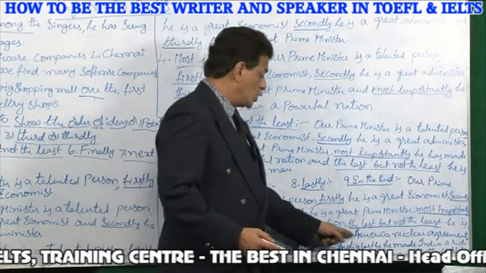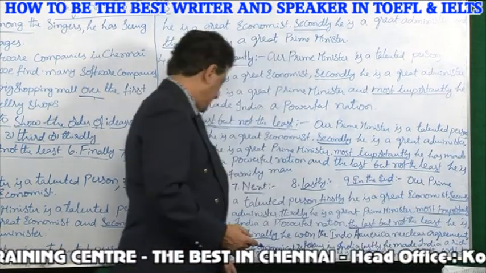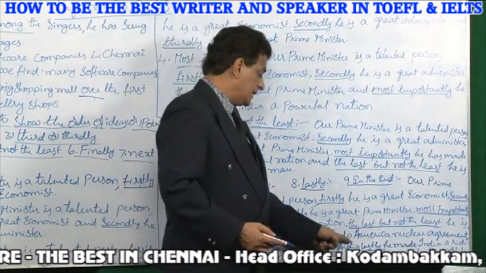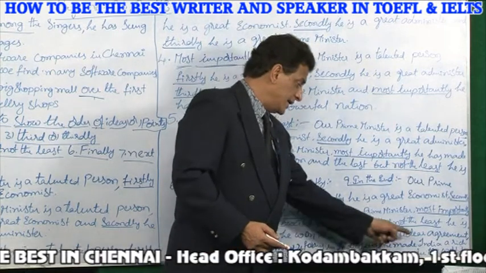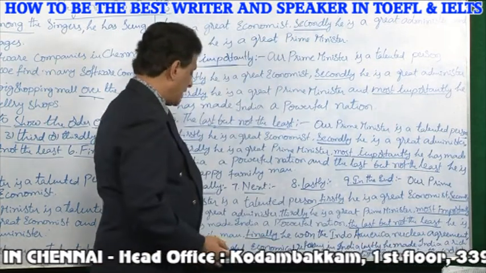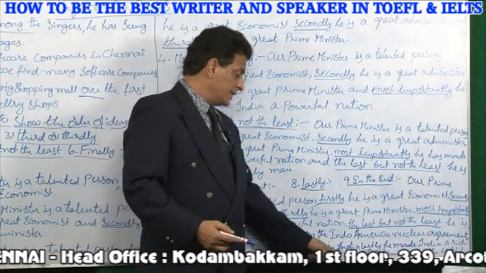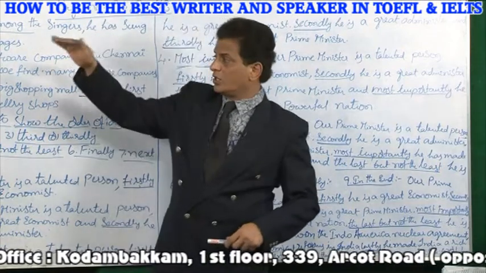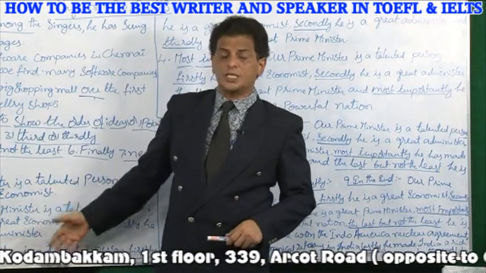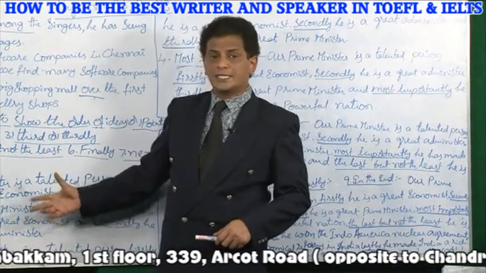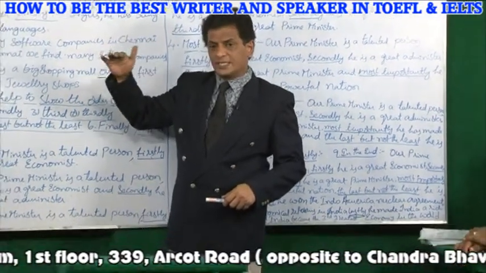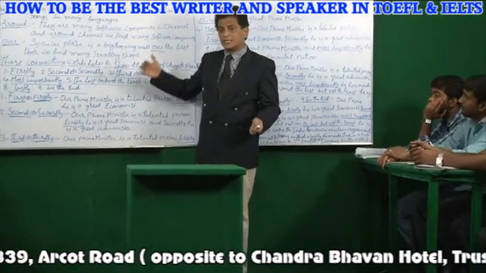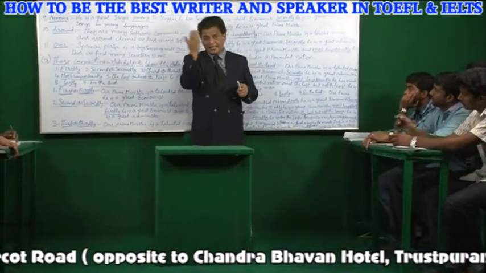Finally, he won the Indo-American nuclear agreement. Next, he brought economic reforms in India. Lastly, he has made India a rich country. And in the end, India became the third greatest economic power in the world. So you see the order, according to the order, we are telling about the Prime Minister's qualities, in order: what are the first and second and third, and more, last and least, or finally in the end, what are his qualities which can be graded according to his